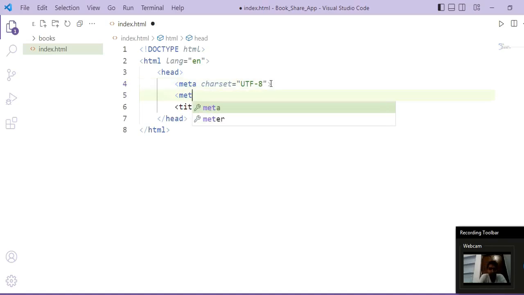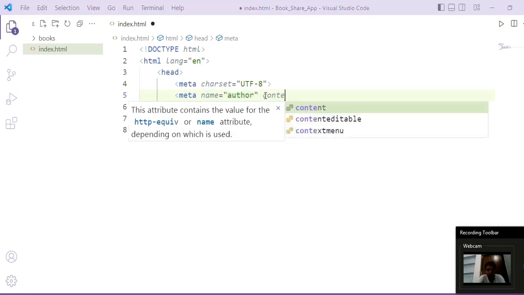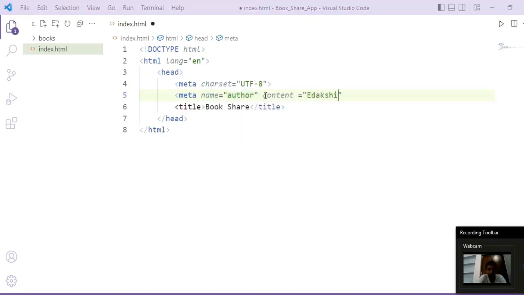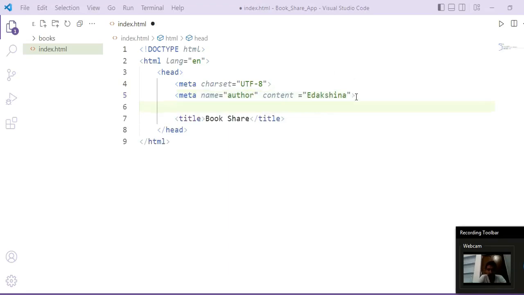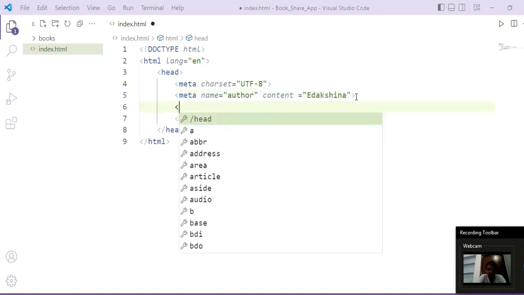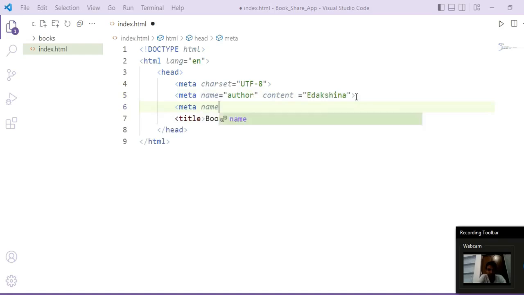Okay, now next meta tag is name equal author, content equal e dakshina. Okay, and close the meta tag. Next you can write meta tag name equal description.